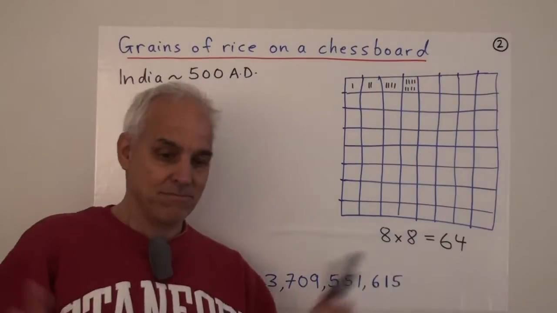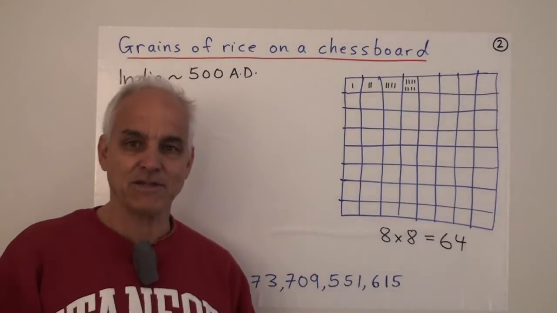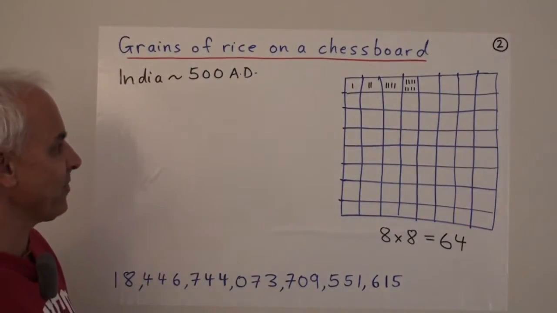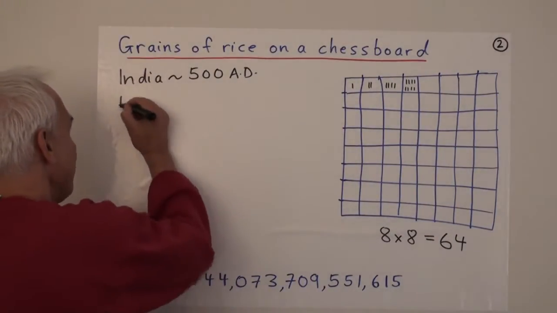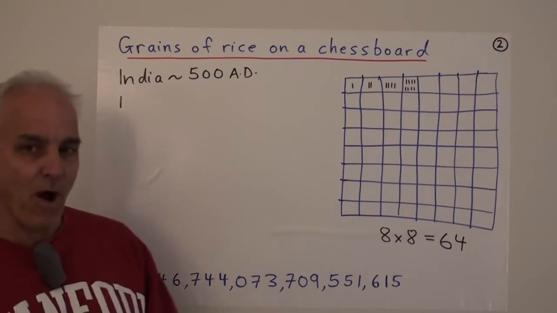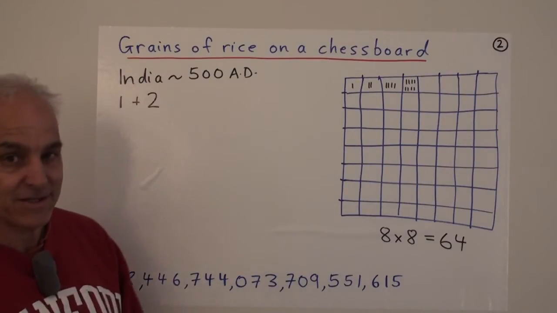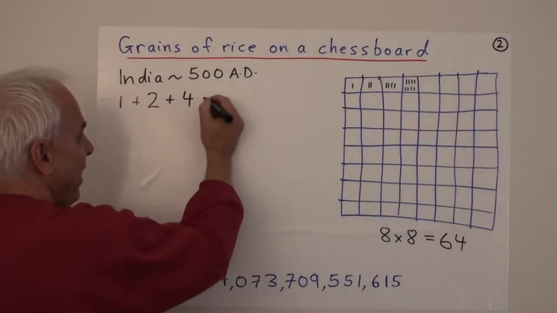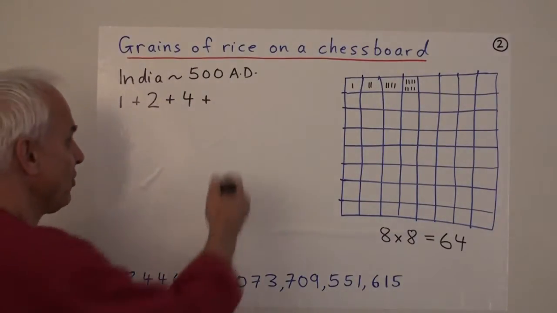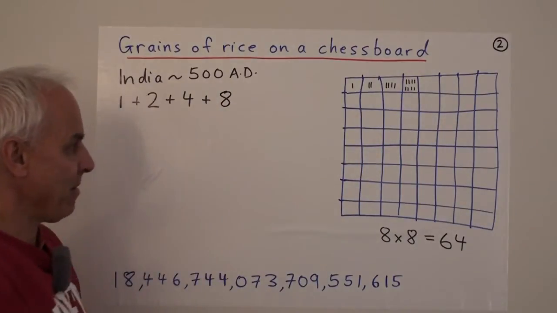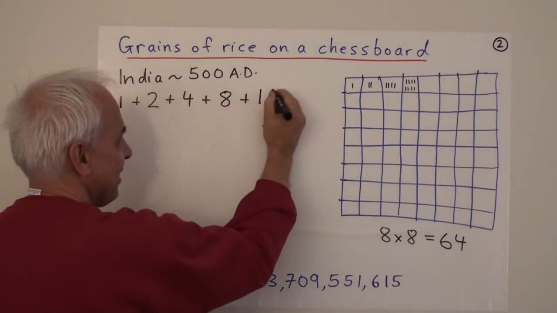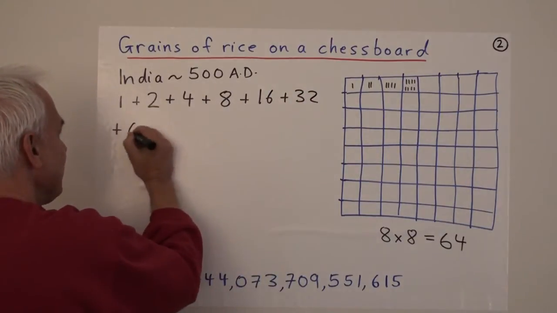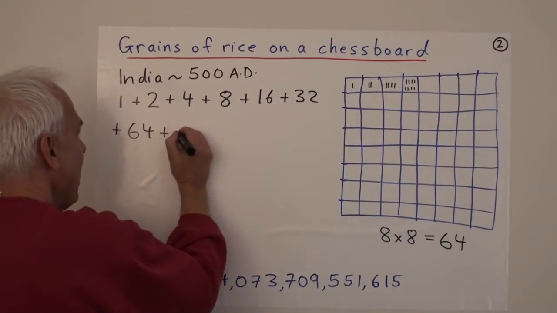All right, so the king said, okay, let's bring in bags of rice and lay out the rice for this advisor for his prize. Okay, so what are we going to be talking about here? We're going to talk about the number 1, and then the next square has 2, and then the next square gets 4, and then we multiply each one by 2. So the next one is 8, multiplied by 2, 16, and then 32, and then 64. And we have to keep going.